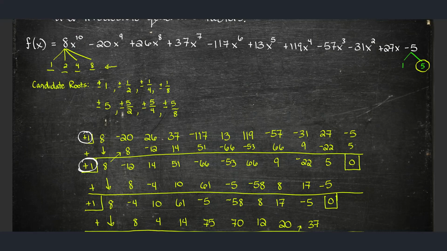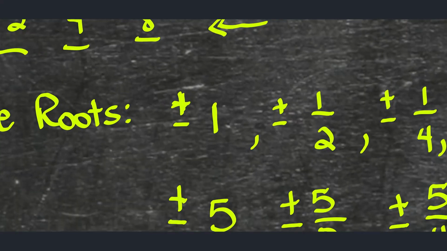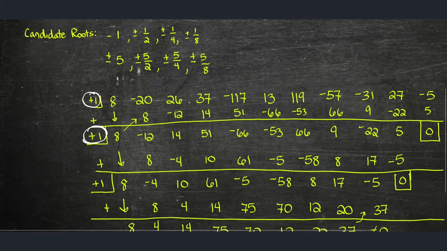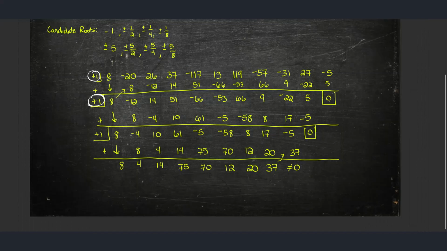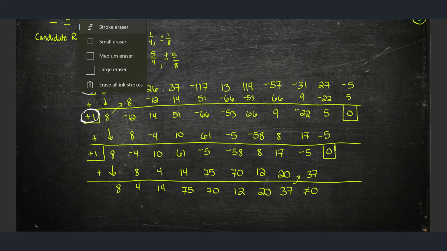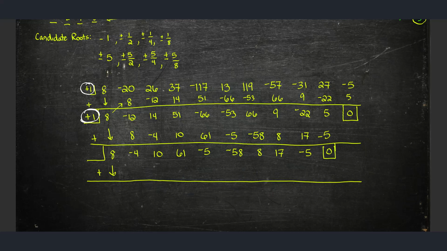Once you've exhausted the possibility of positive 1 being a 0 of multiplicity 3, I'm going to go ahead at this point and just remove it from our list of possible roots. We've tried out 1 as much as we can. Now, because I have a digital whiteboard, I have the advantage of being able to erase my screen when I need to. So I'm going to erase my previous work here because this didn't work out for me. So I'll go ahead and erase this stuff right here. And I'll start with the tableau that I left off with, and we'll go ahead and